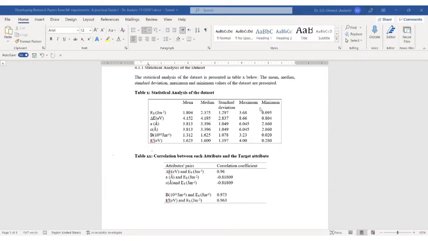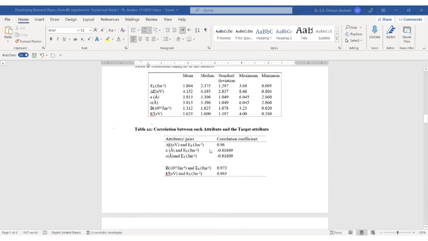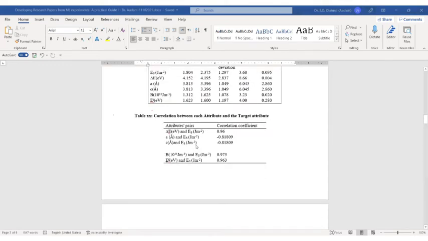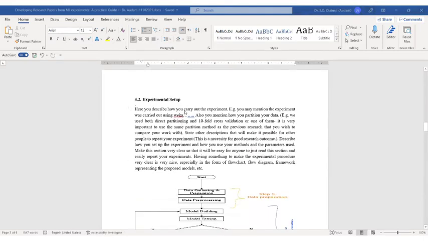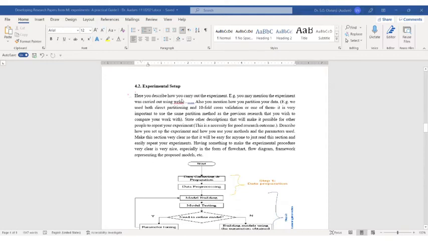If the difference between the maximum and minimum is huge, then that might tell us that, no, you need to do normalization of your data. But if there's not really much difference, then okay, maybe the data can go the way it is. So this is the essence of having the statistical analysis. And of course, we also mentioned the correlation between each attribute and the output that you want to predict. Today we are going to see where you might need such correlation coefficient, especially during the description of feature selection. So now we move to experimental setup, where I made it very clear that experimental setup is very, very important,